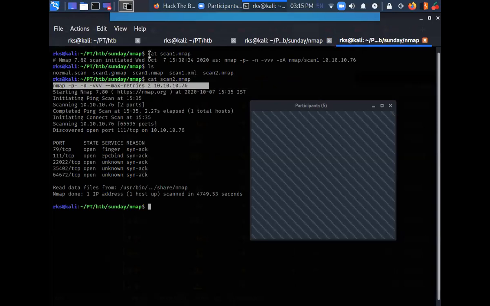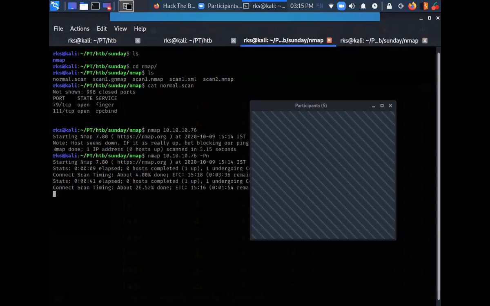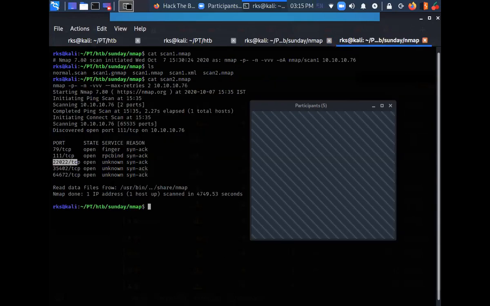So here you can see the output of this command. When I scan this way, I can see that there are three more ports open in my target machine. 79 and 111 were already found, but 22022 was not earlier enumerated. Same is the case with the further ones.